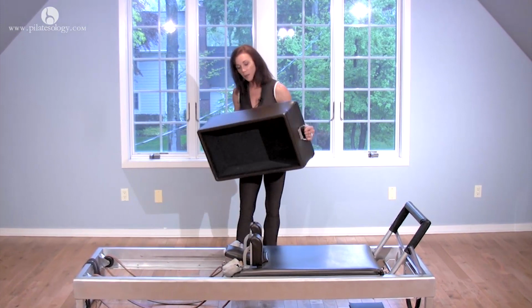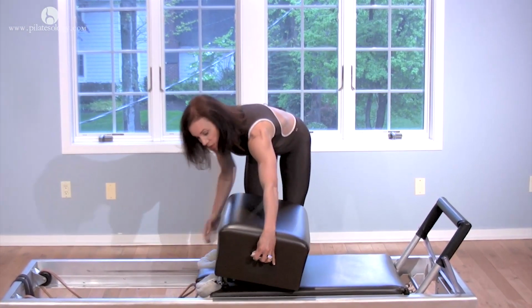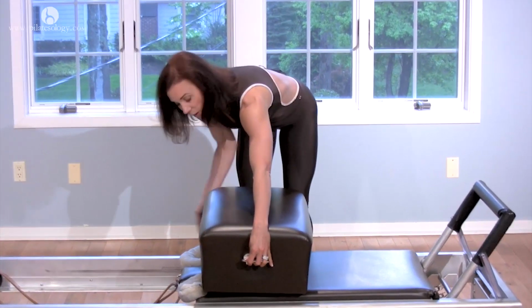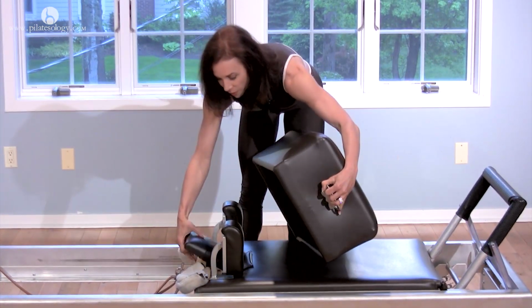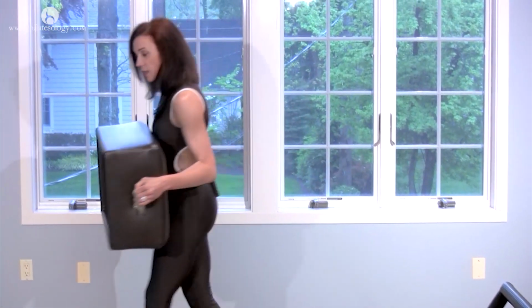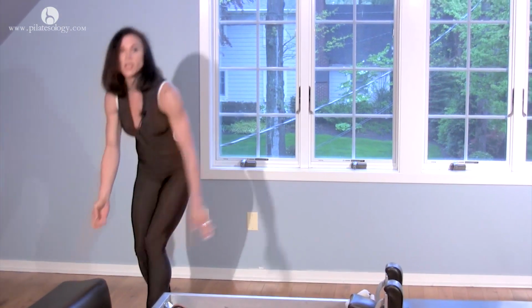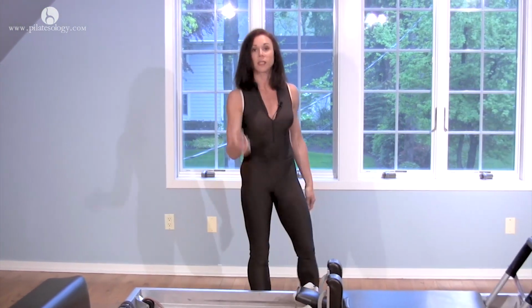When we put it on, you secure it in this position. We'll move these later, you'll see it gets hooked by the hooks. To remove it, very simply here, holding it from the two sides. It's not too cumbersome. It's not a heavy box, so the instructor, or the client, doesn't get back